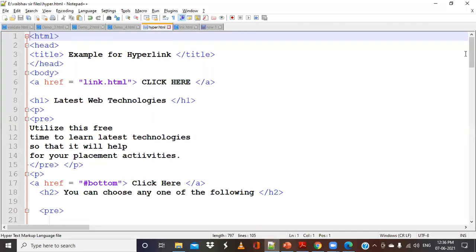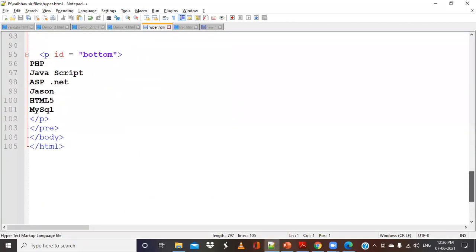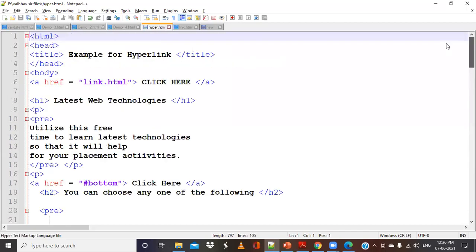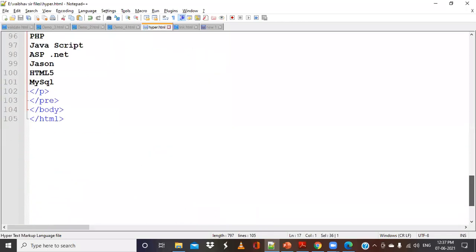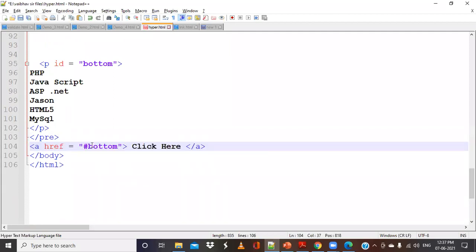Okay, so my paragraph is currently here. So what I will do, I will just copy this. I will put this after the pre tag. I will put this here, href.